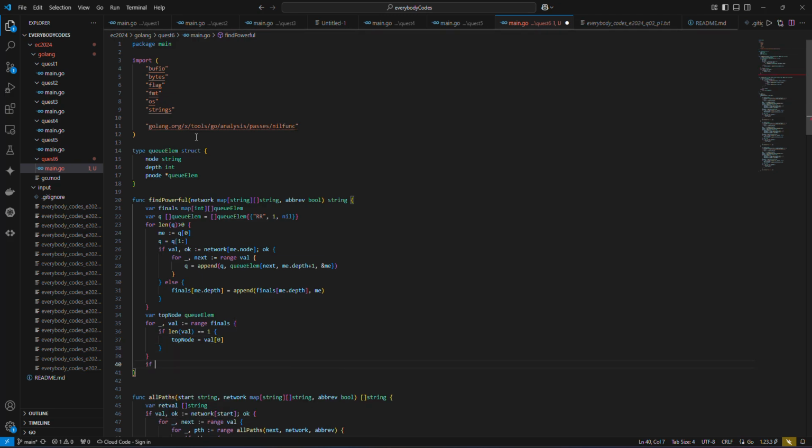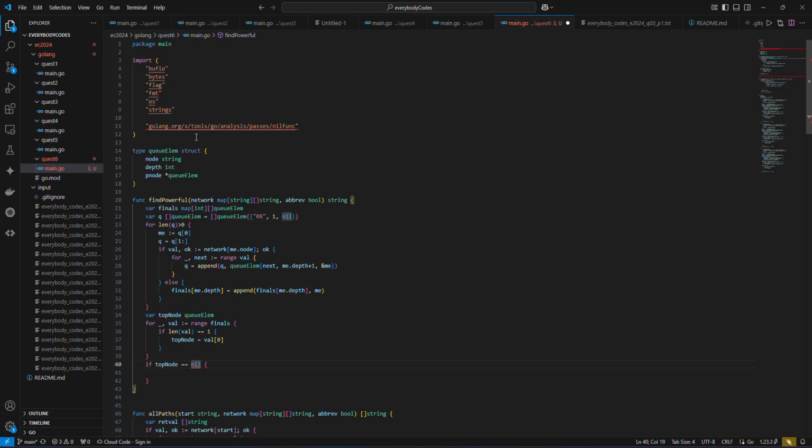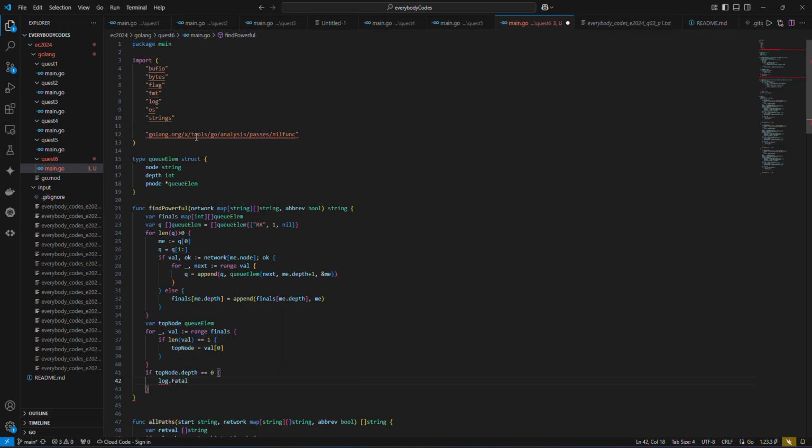Okay, now if top node is nil, oh, actually, yeah. Log dot fatal